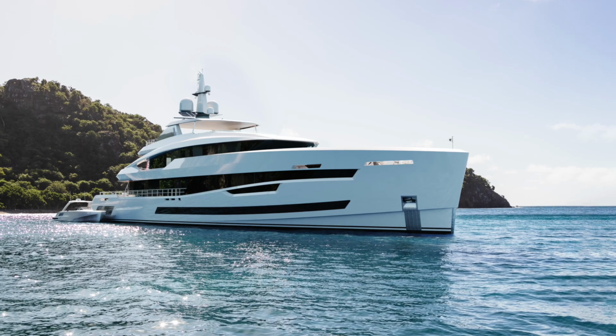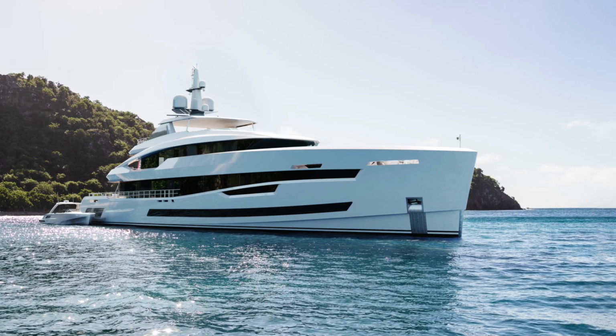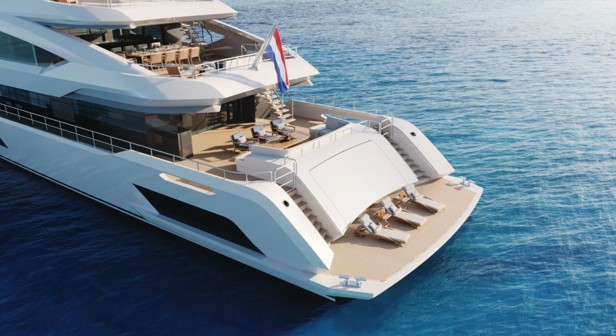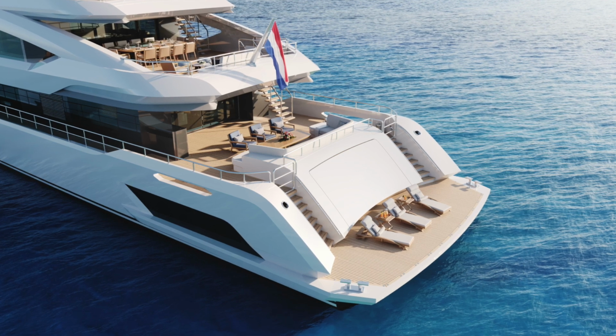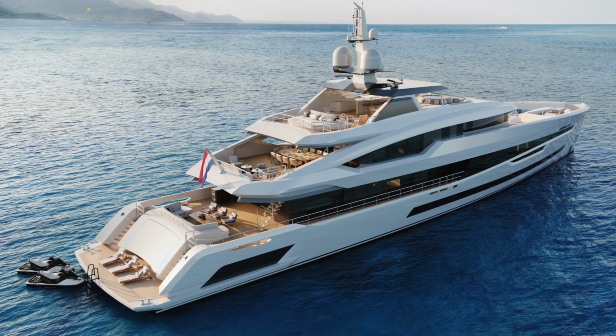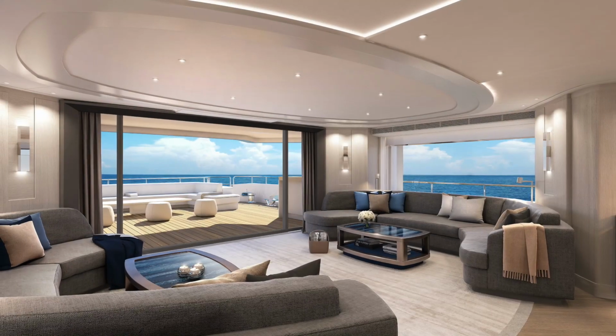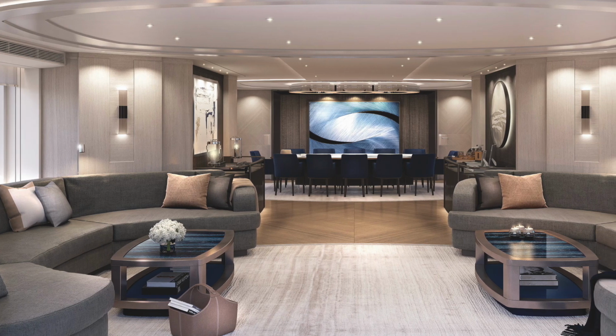Her shapely profile, softly raked bow and bold fashion plates are by Frank Laubmann of Omega Architects. A standout feature of her exterior design is the unusual scallop-shaped transom that increases the size of the large fixed swim platform. Offering some 400 square meters of luxurious interior space, Akira is also the first Heesen project on which